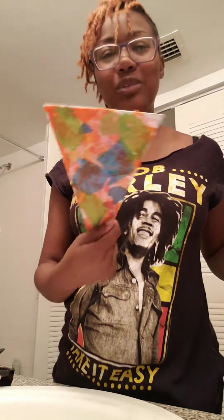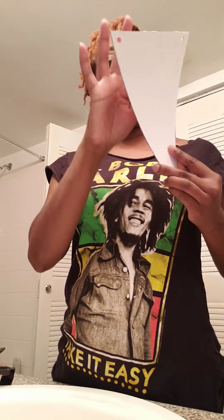I'm going to do that a little later. This one actually has a little bit of her room paint in it. But I think for this I am pretty much done. And I do have yarn. So basically what I'm going to do is I'm going to make sure the holes are